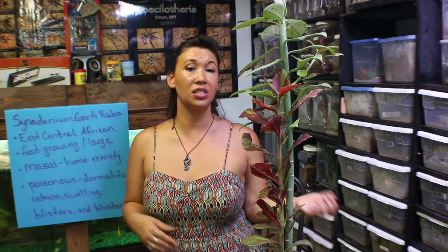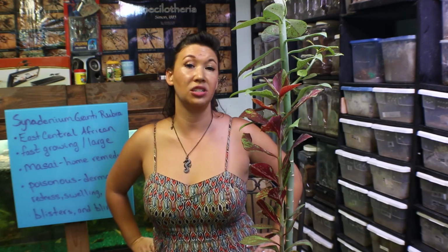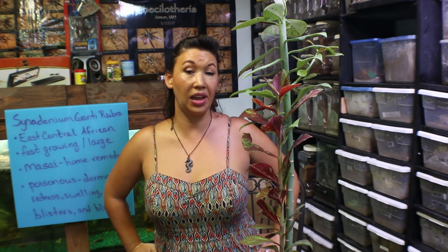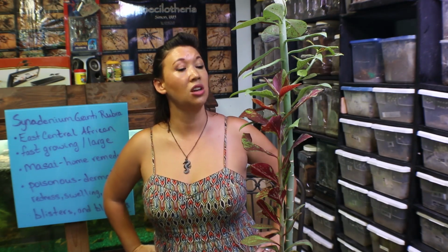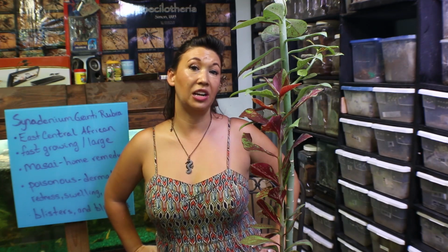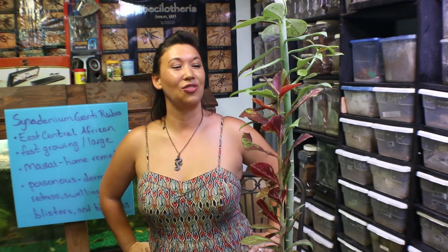Plants are typically poisonous. Animals are venomous. So this is a poisonous plant that could be injurious to a small pet or child, or even to a horticulturist who is moving it or trimming it without the proper attire. It's actually recommended that you have long pants, long sleeves, or even goggles if you're going to be working with